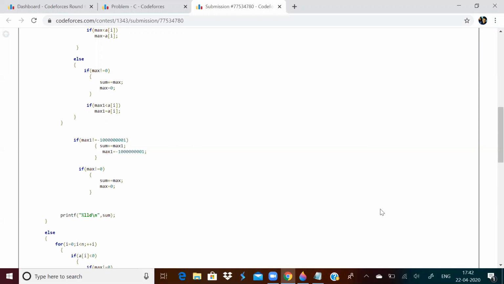I'll just summarize. I want to find the maximum sum subsequence of maximum length. For that, if my first element is greater than 0, my sequence should be positive, negative, positive, negative. If my first element is less than 0, it should be negative, positive, negative, positive. I should check for the maximum element among the positive elements until I get a negative element. After that, I should add that max value to the sum. And I should do the same for all the negative elements until I get the next positive element. I hope it is clear.